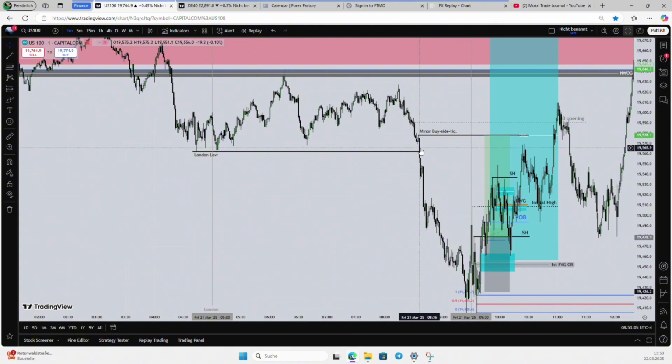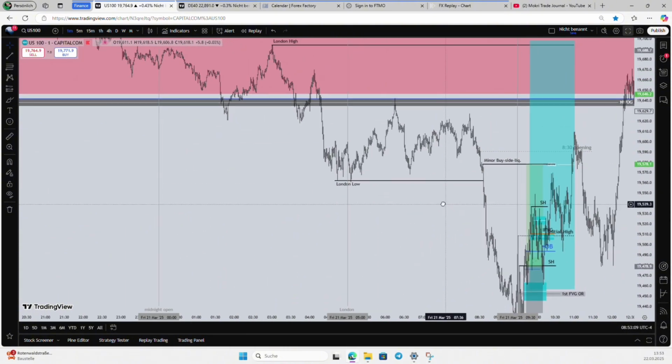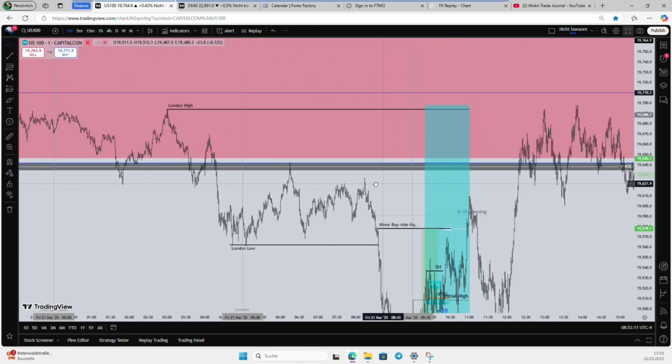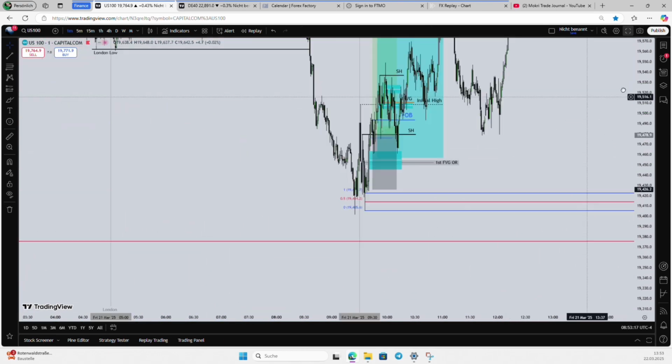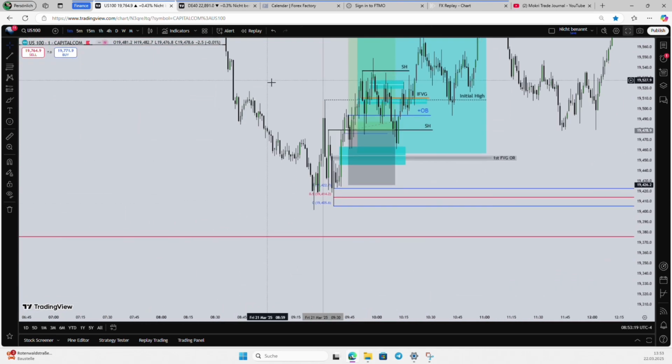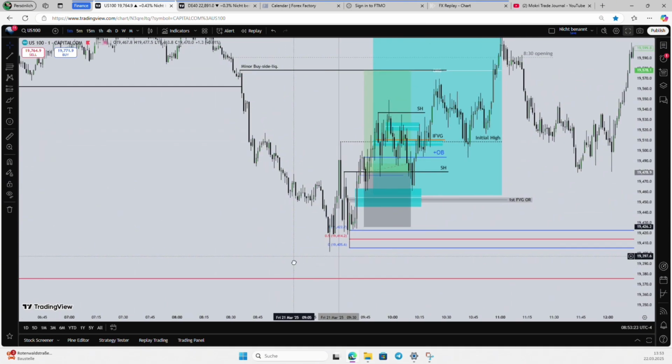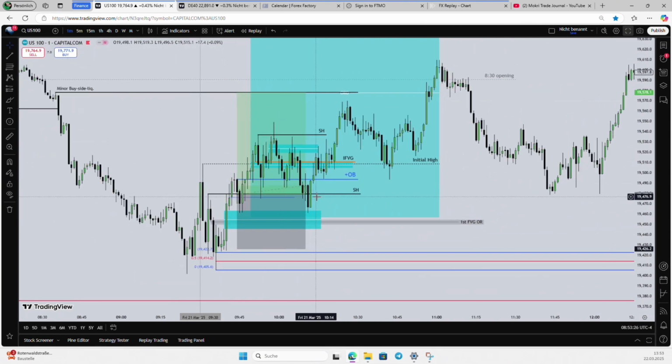So here in the 1-minute chart, I've marked out the end of the London session, of the London kill zone. Here's the London high, as we've talked about. And another important factor is, of course, the London high has been taken out during the New York PM session. I repeat, New York PM session, not the AM session, which is what I'm going to teach in this lesson.